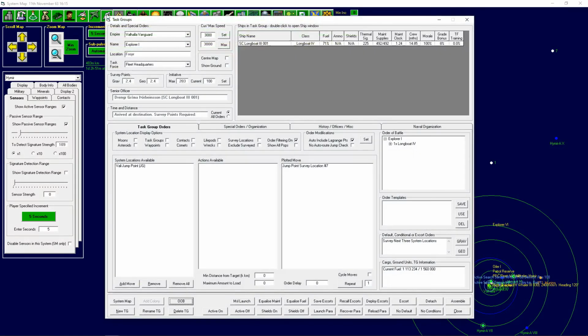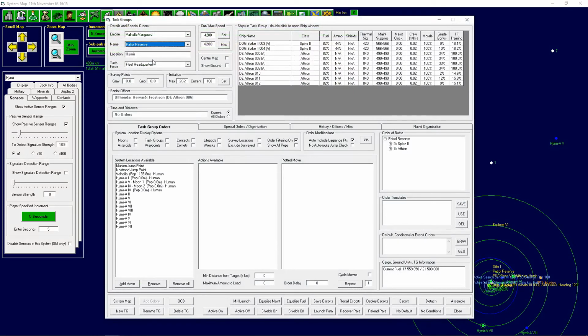How much do we have in the patrol reserve here? It's quite a few Athenians. There's also some of these... Oh, we actually have new spikes. Well, I'll be damned. If I had known that...